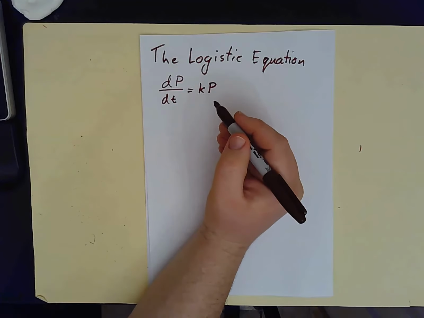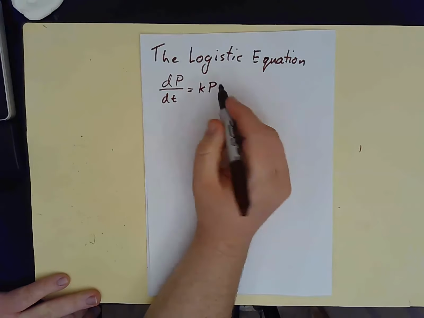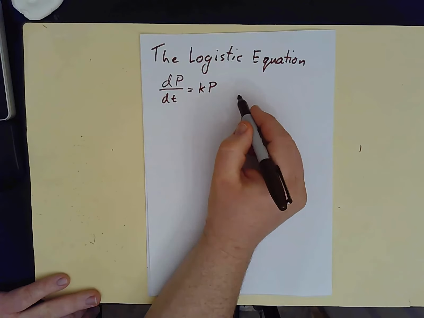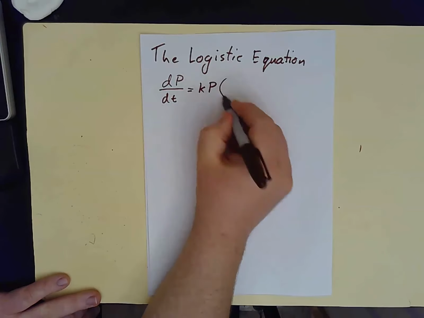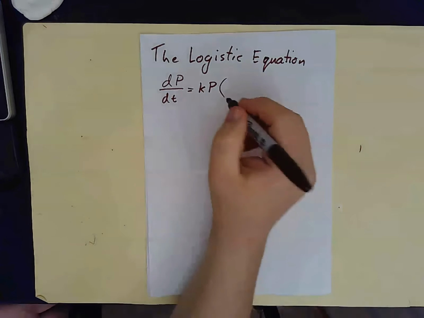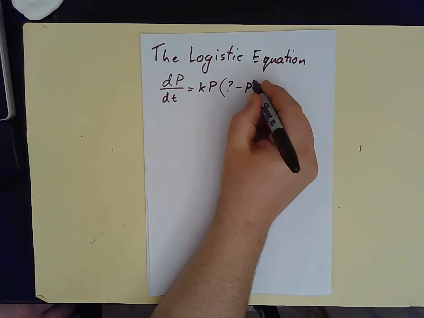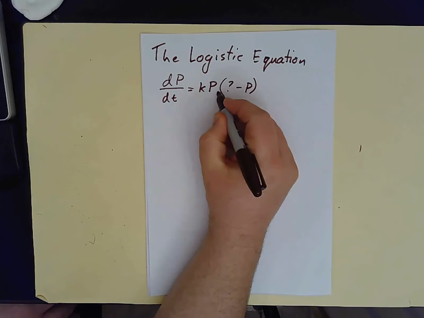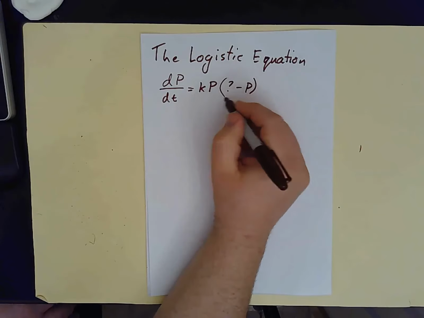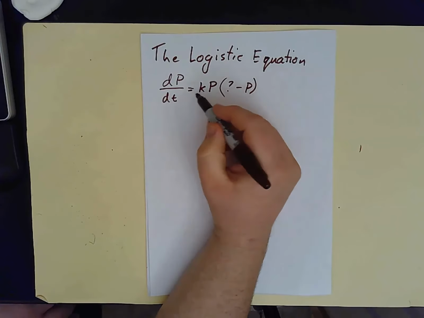So we talk about the logistic equation having another factor in here, which reduces the speed when it gets towards the carrying capacity. So we want to put something in here that will slow down as you get towards some kind of maximum limit. And if we had something minus P, then when we multiply this out, we'll have this getting bigger, but this will be getting smaller. Okay, and it will get to 0 at the point that